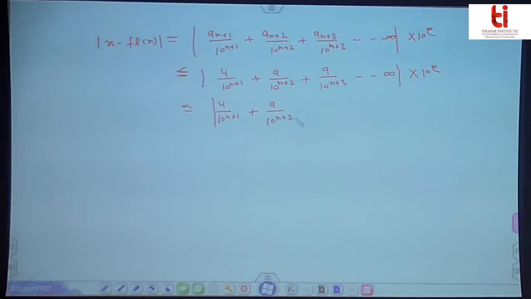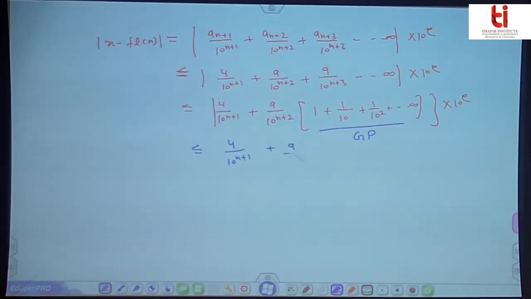We can take this outside. So what we are getting here? We are getting 1 plus 1 upon 10 plus 1 upon 10 square, and so on up to infinity, into 10 raised to power e. This is a GP series. So what you are getting? 4 upon 10 raised to power n plus 1 plus 9 upon 10 raised to power n plus 2. The first element is 1. Common ratio is 1 by 10. The sum of the GP we are getting is,